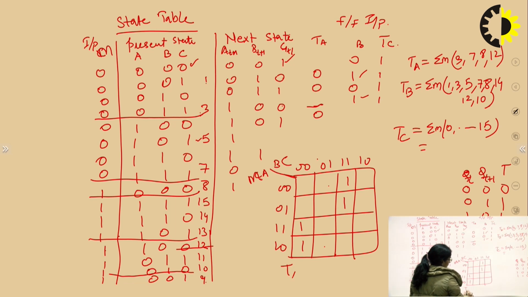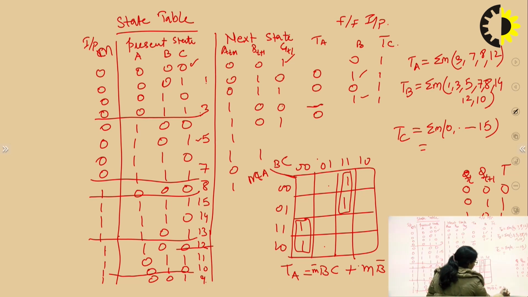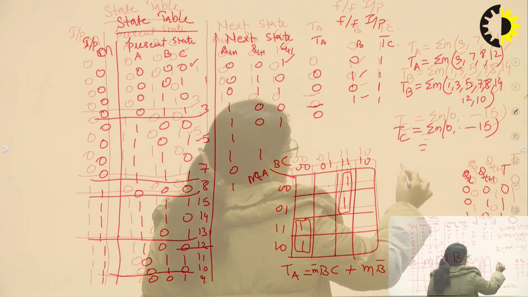So for TA, if we solve this, we will find this is one pair. This is another pair. We will have BC. And for here it is BC M bar, or here it is M B bar C bar. So we can write this as M XOR with BC. Now if we will solve for TB,